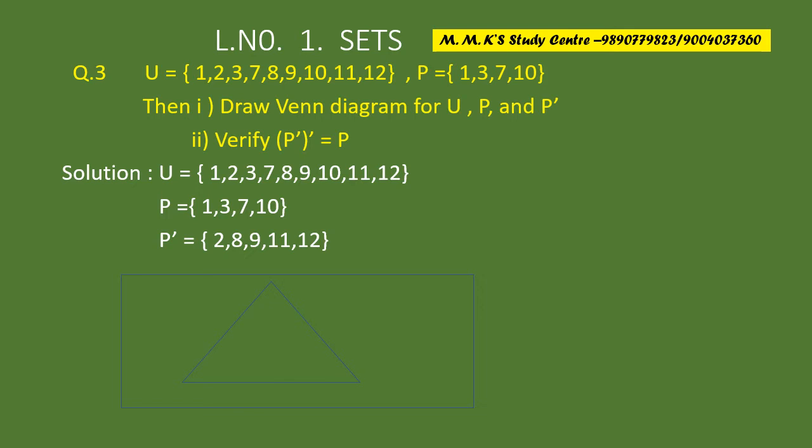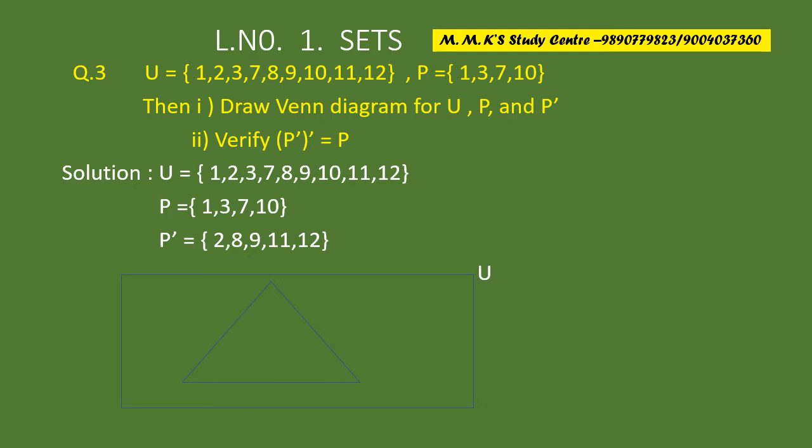I repeat, what we are going to do: we will consider first of all the universal set and the set P. The same terms present in P and U will cancel, meaning 1, 3, 7 and 10 we will cancel. And the remaining numbers we will write as P dash. Okay, let us show the given information in the Venn diagram. So again the rectangle is the universal set. This triangle is nothing but our P, and the area around this triangle is nothing but your P dash.